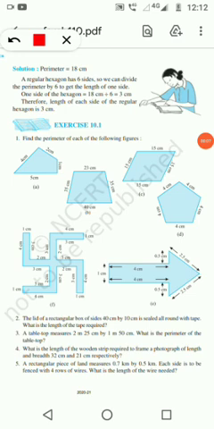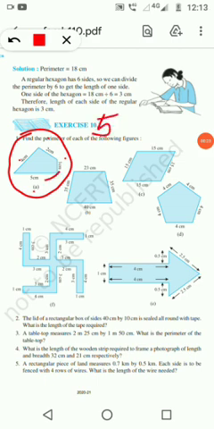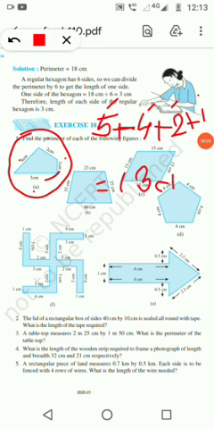I've already introduced mensuration. So we are coming to exercise 10.21. Check the first question. If I need to find the perimeter, I have to keep adding all the sides. I will start with 1: 5 centimeter plus 4 centimeter plus 2 centimeter plus 1 centimeter. So 5 plus 4 is 9, 10, 11 and 1, 13 centimeter. So this is 13 centimeter.